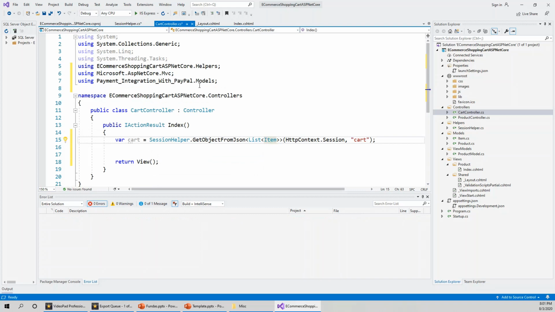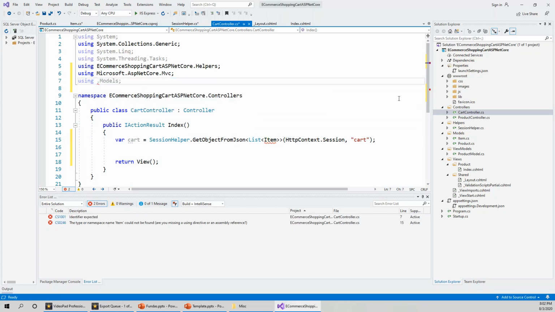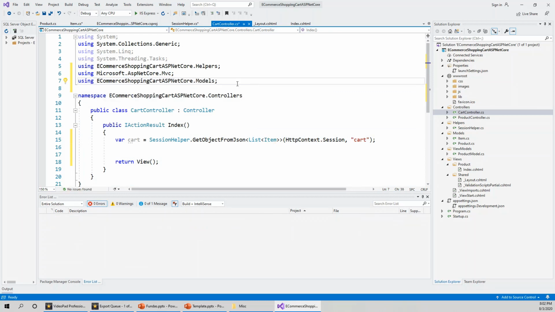This is wrong actually, since I have copied it from another project, so the namespace is coming from there, but I have now cleared it. The current project namespace is ECommerceShoppingCartASPNETCore.Models. Now everything is fine, and now the next line is